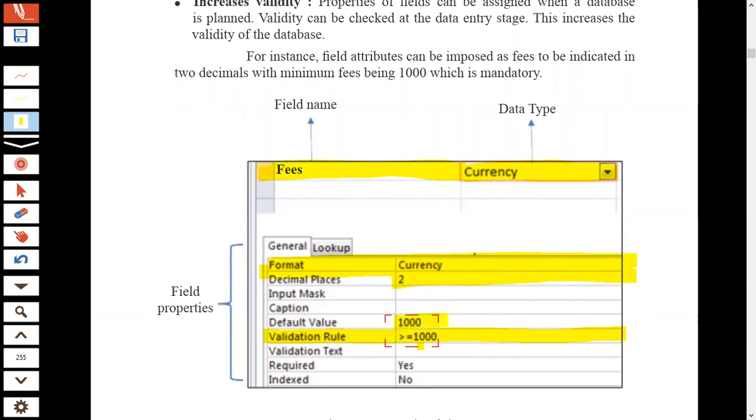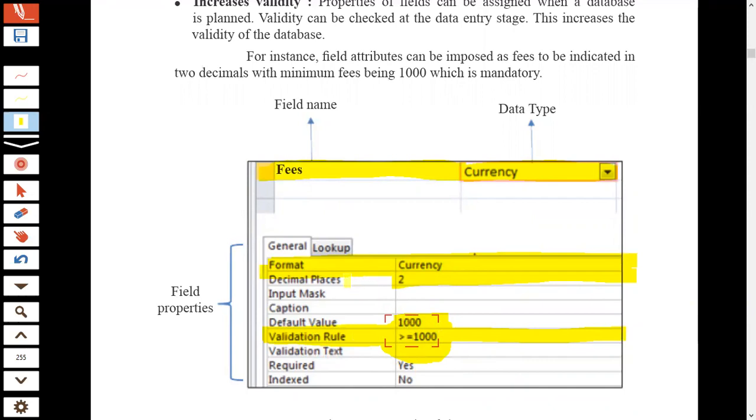Then the default value is 1000 in this example. And there is a validation rule to maintain data. If the user inputs data, it is the responsibility of the database to get data greater than or equal to 1000 in this example. It's a validation rule. So we have to validate data in database fields, right?